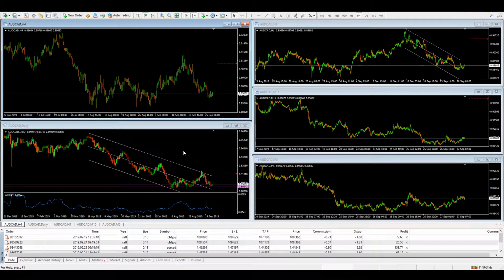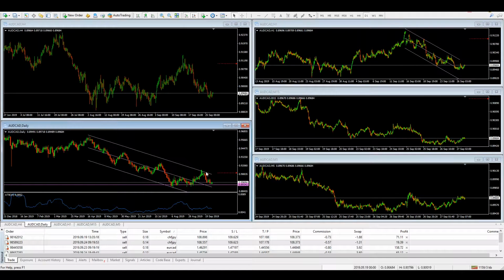Starting with the AUD CAD, and just a quick summary of the strategy: a trend-based strategy based on time frame correlation and price action as well. Firstly, we're looking for trends to be in place on the daily. So we want lower lows, lower highs in a downtrend, higher highs, higher lows in an uptrend. We'll then use the standard deviation around the price to help determine how overbought or oversold the price is. In the upper half of the standard deviation in a downtrend is an area which I deem to be overbought and therefore has a tendency to move lower, and in an uptrend it's the opposite. It's the lower half that I'll be looking at for the price to be oversold and therefore have the likelihood